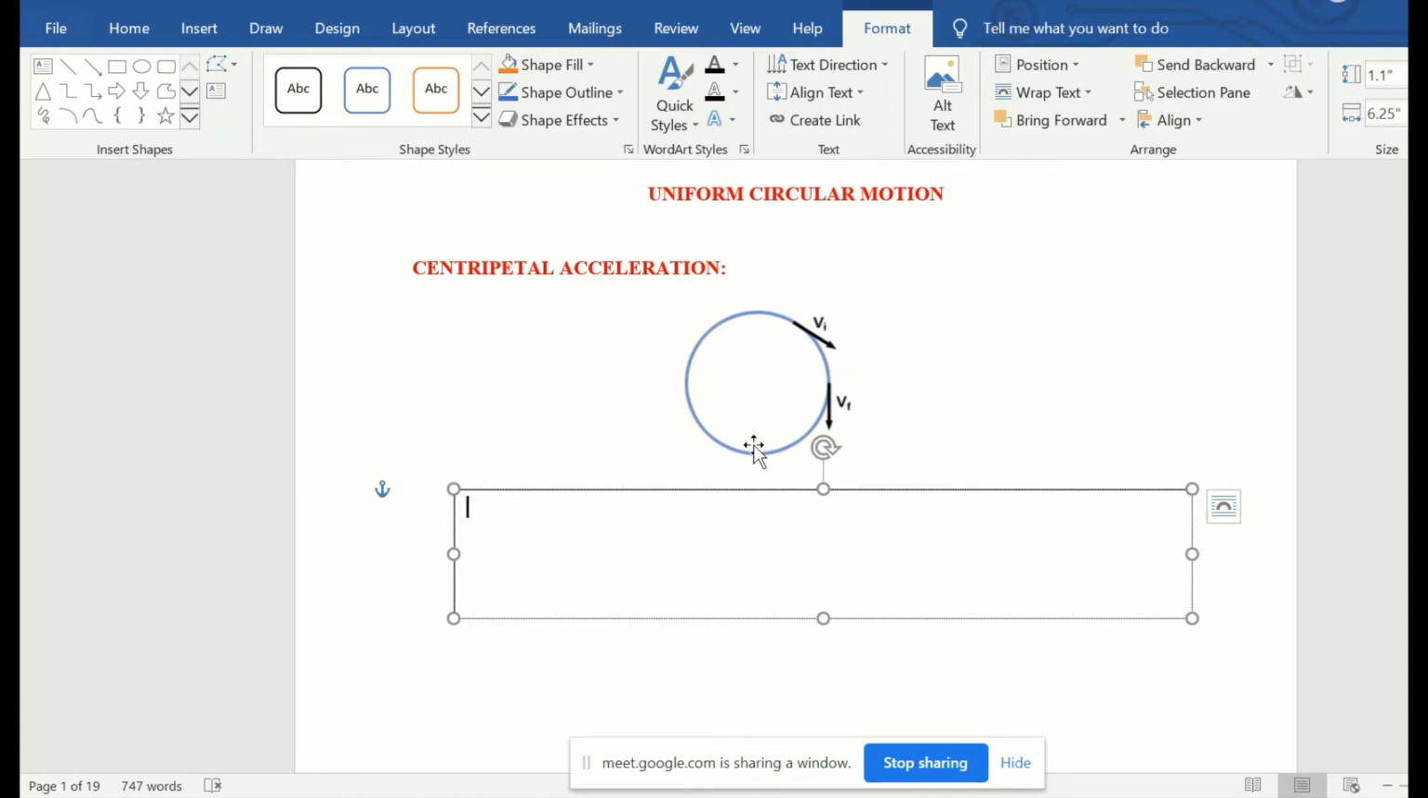So an object that moves with a uniform speed around a circular path experiences what we call acceleration. That acceleration is called a centripetal acceleration because it is directed towards the center. So we are saying that centripetal acceleration is an acceleration that is directed towards the center of a circular path. So in writing, I can write as